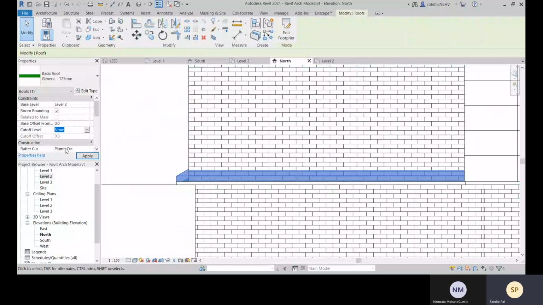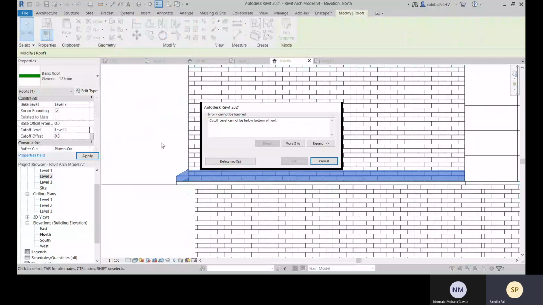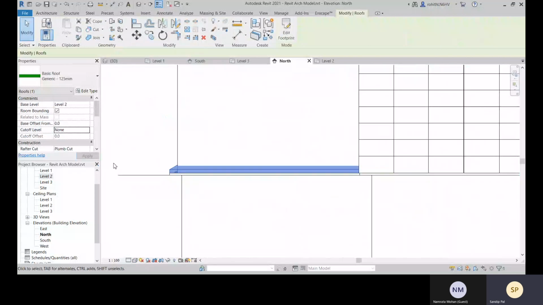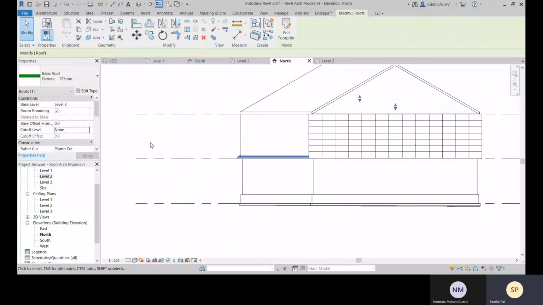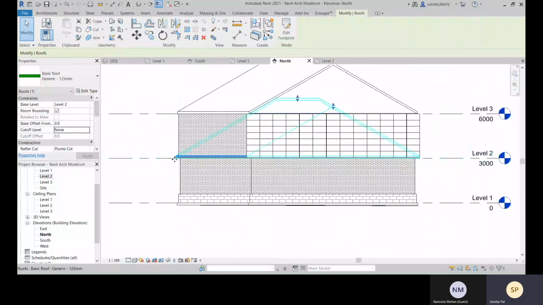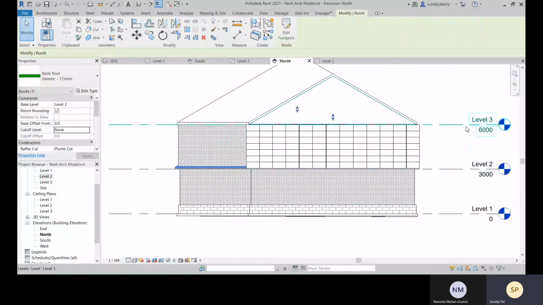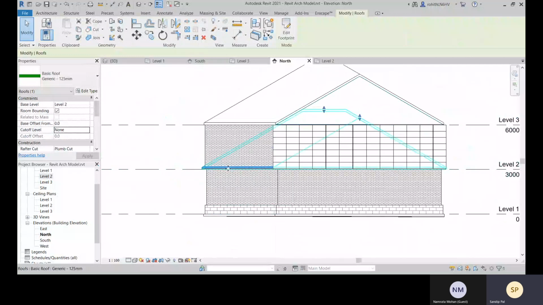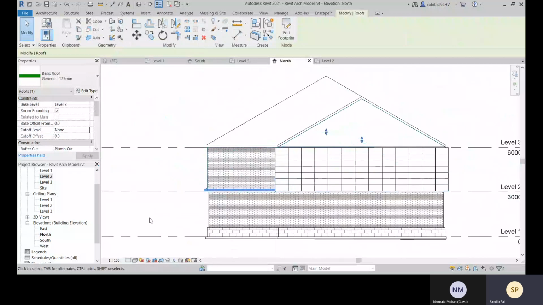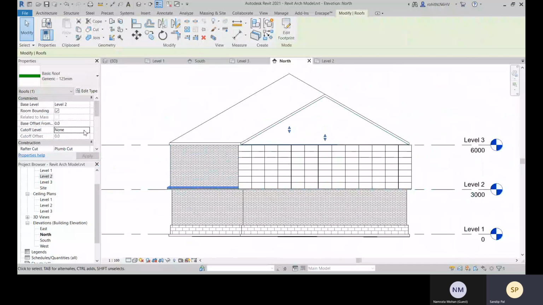So cutoff level is your level 2. Okay, fine. It is not in level 3 or level 1. This roof is created on level 2, so cutoff level will be above that, level 3. And you have to give the cutoff offset from level 3.